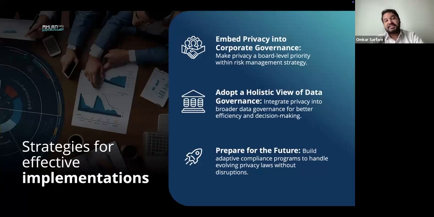And finally, organizations must also prepare for the future by building an adaptive compliance program. An organization knows what the privacy regulations are, and these regulations are evolving in nature. As you might know, even guidelines have been issued by SADAIA recently. Even last month, this month as well, a guideline has been given in relation to personal data implementation by SADAIA. So like the regulatory authorities, we as organizations should also be in a position to evolve with the evolving changes to the regulation.